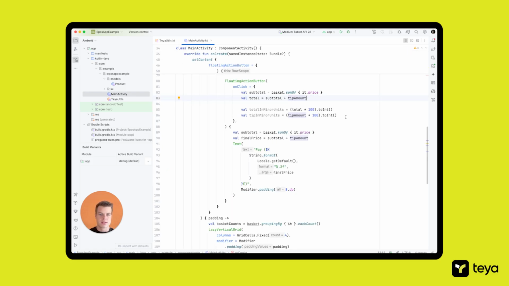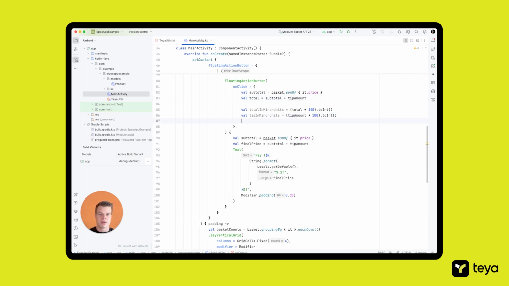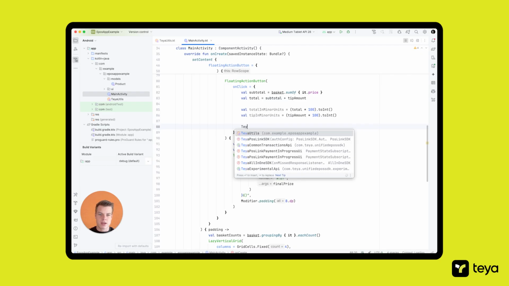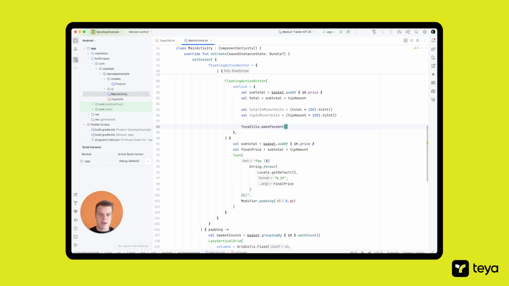To show you that the state is changing during the payment, I will need to call the make payment function in the UI itself. So make payment, and here we have the values already prepared, so I just need to pass them into the function. So I will pass the total amount, including the tip, and also the tip itself. And now if I run the app,